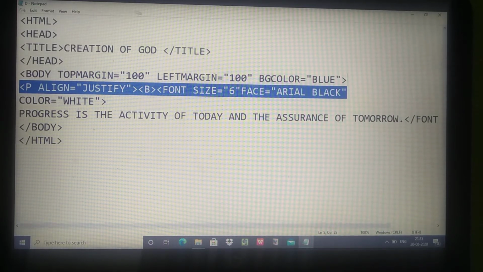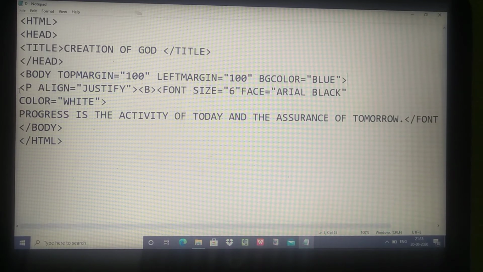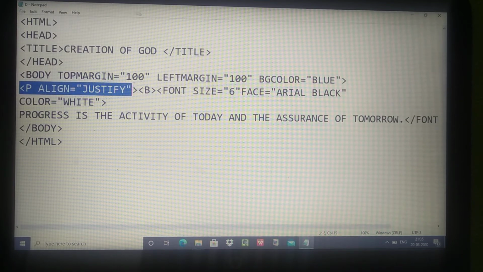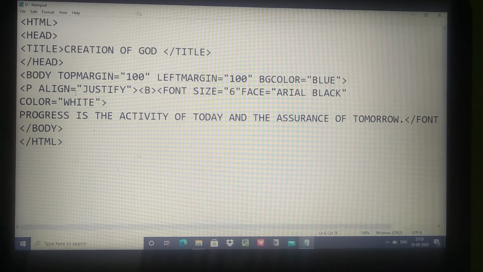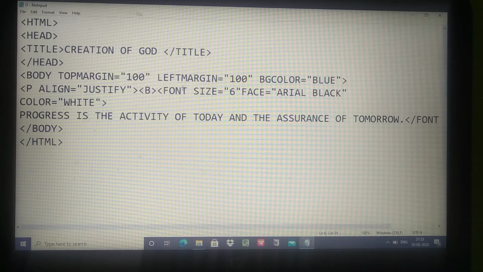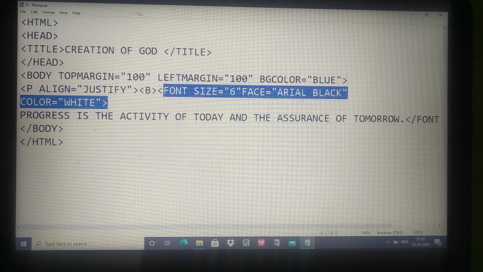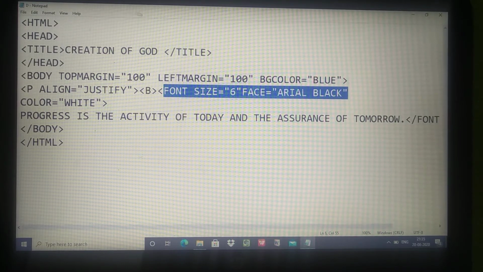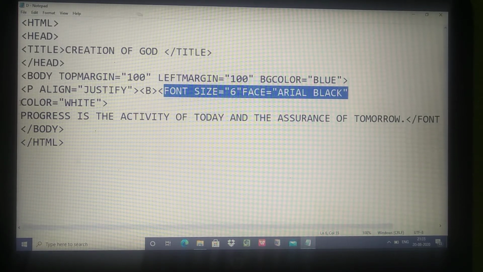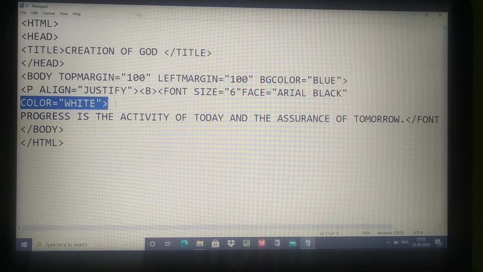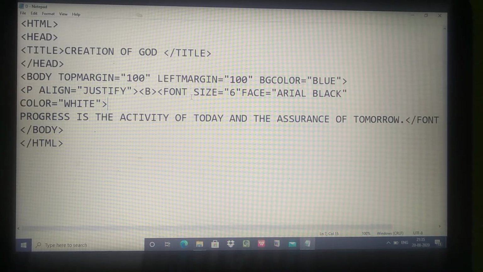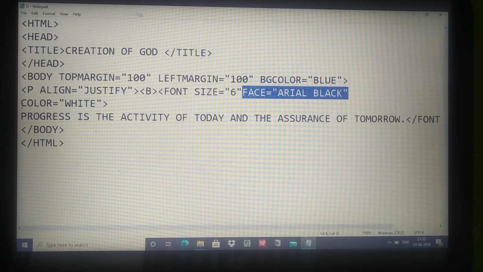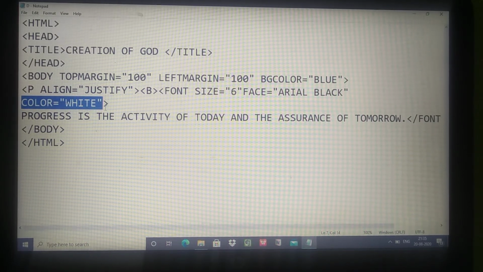Background color also we can mention, and the alignment. For paragraph alignment, wherever we want to display it, in the center, left side or right side, that paragraph alignment we can mention, and the font size. You have to mention which size we want, what handwriting we want, and in which color we want to display the text. All that we can mention here using the size attribute for size, the face attribute for handwriting, and the color attribute for the color of the text.